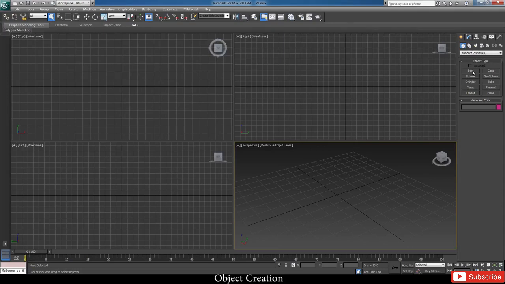I've been creating a lot of boxes in the previous lectures. So here we can start with creating a box, as you have been seeing. This is in the create panel. When you come here, hover over it and you can see create. This is modify. Whenever you create an object, you can come and modify it in the modify panel. So these are the two important panels at present.